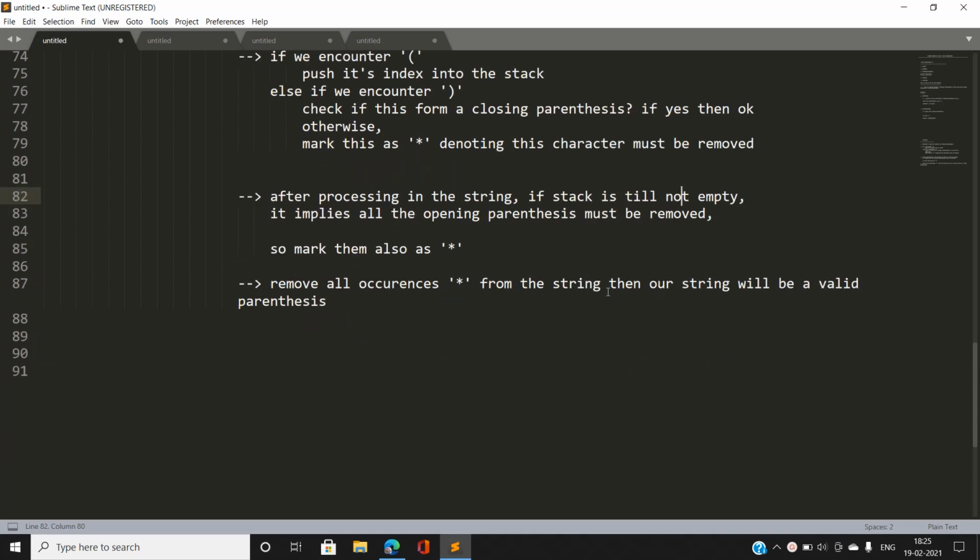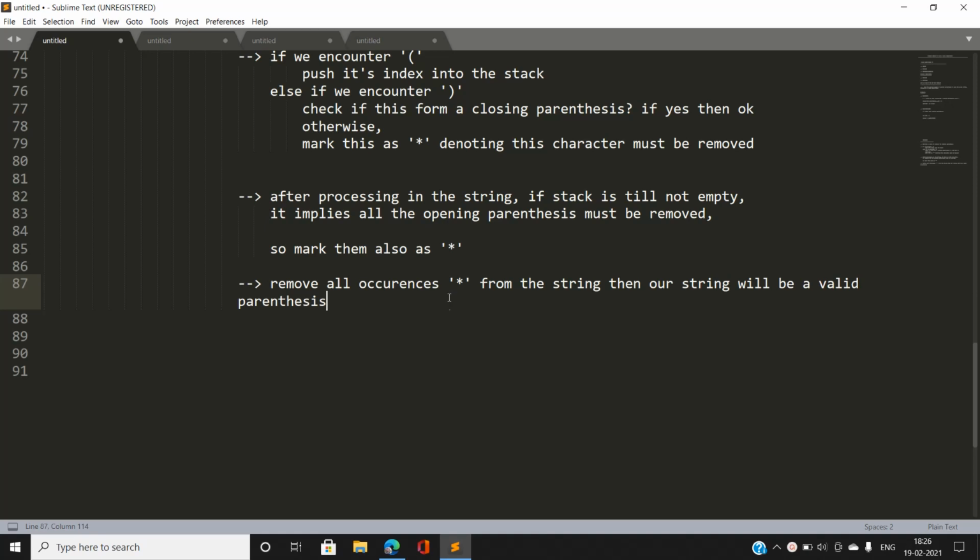So I am going to mark all of these opening parenthesis indices with a star, or you can say asterisk, so that we can delete all the asterisk characters all at once. Now I am going to remove all the occurrences of star from the string, then our string will be a valid parenthesis string.